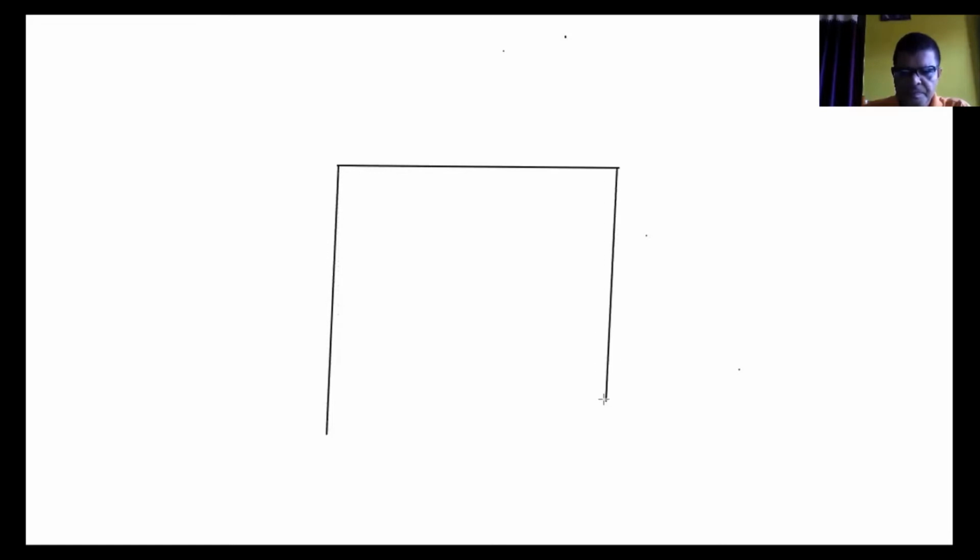So let us draw a cross section of a beam. Now this is a beam cross section.